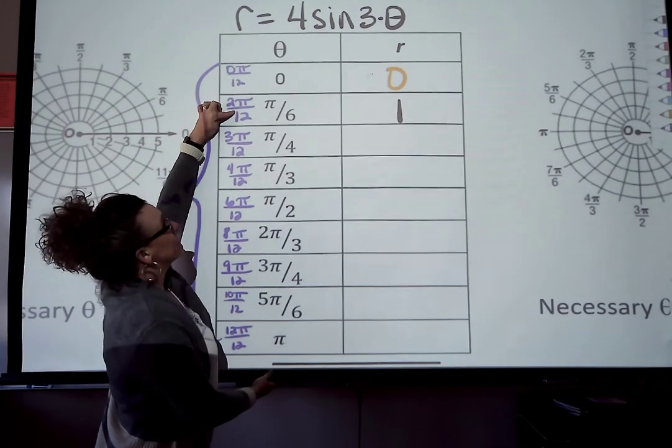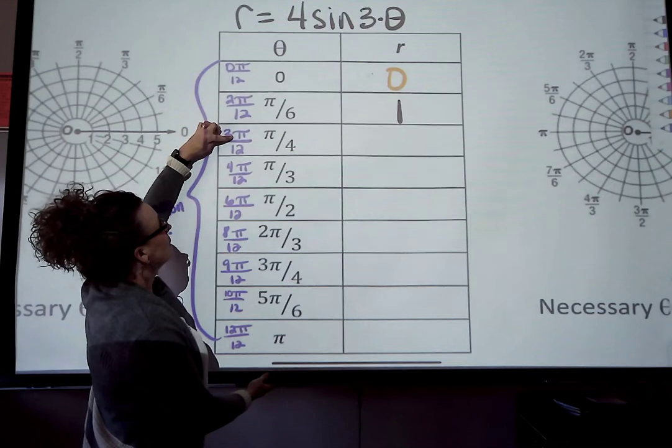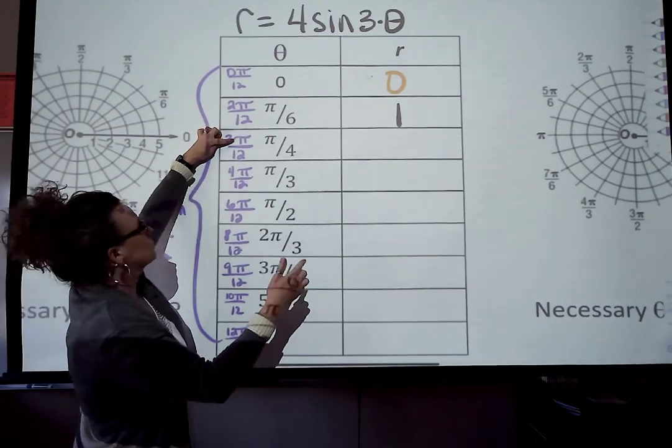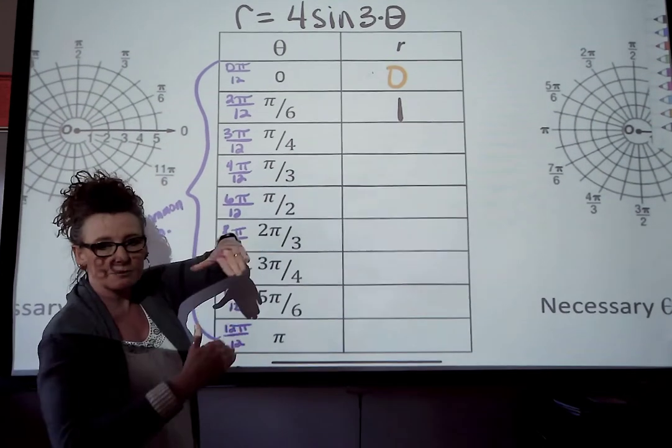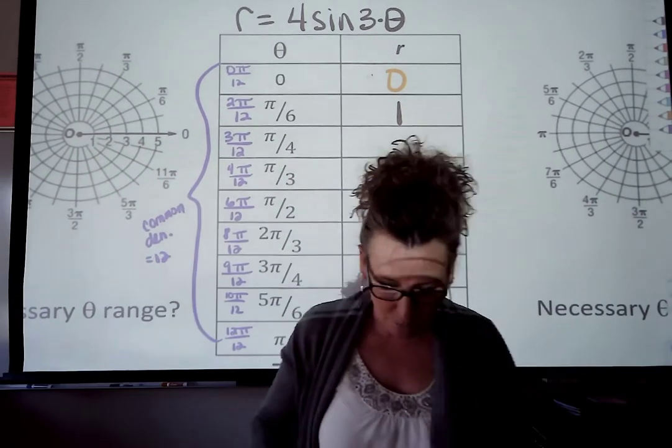Here we jumped up by 2 pi over 12. We went up 1 pi over 12. We go up 1 pi over 12. We jump up 2 pi over 12. See how the increments are different? So,